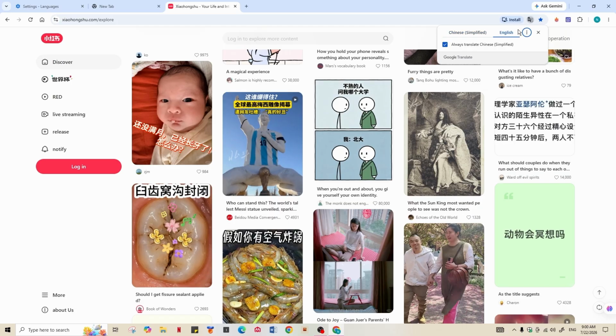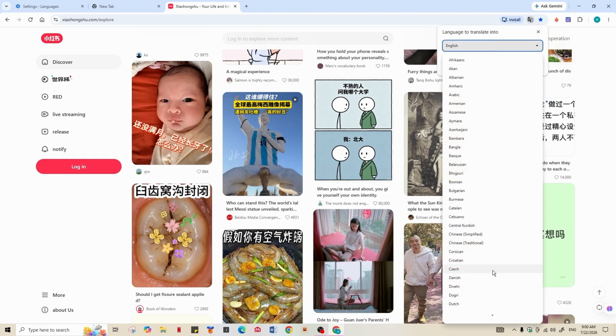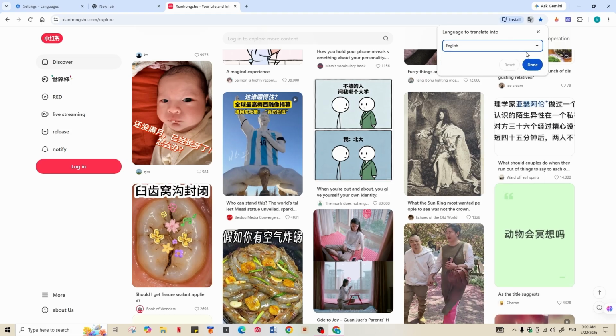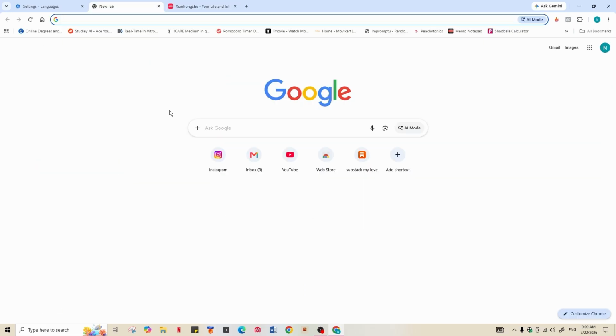If you want to go ahead and select another language, click on the three dots right here and select choose another language and click on this drop-down menu and select the language that you want to translate into and then select done. But if the automatic translation isn't working, click on the three vertical dots in the top right